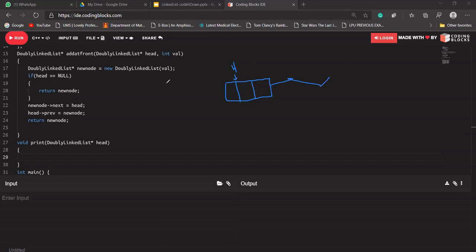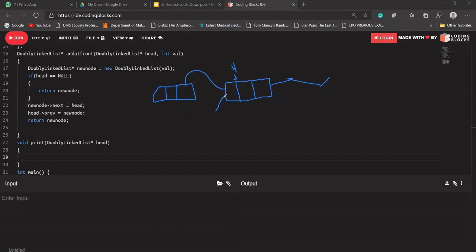A new node has been created because we have called our constructor, and suppose this is our new node. New node's next should point to head, and because we are creating a doubly linked list, we should take care of head's previous, which was pointing to null because it was our first node.